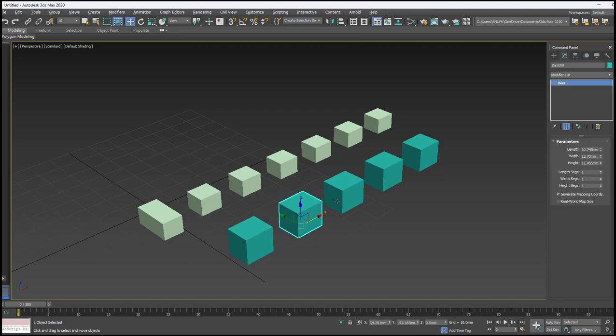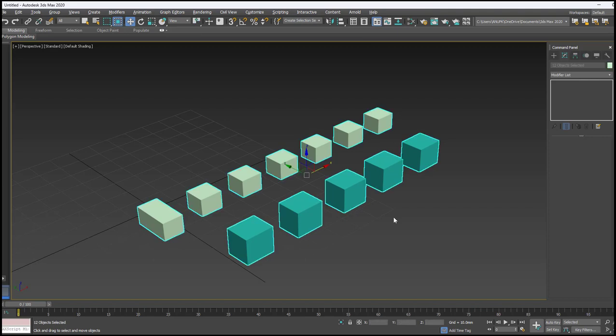If your A, B, C, D are dependent on your original object, if the design is the same, then you can go with the component. So if you want to keep it as an individual, then you can go with the simple copy option. So this is how we go with the modify or editing tools, that is move, rotate, scale and then copy. Ctrl+A to select all and then delete.